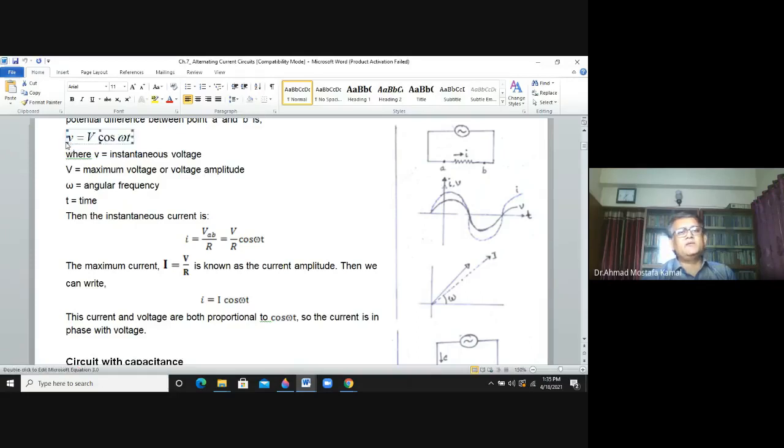That means in the left hand side we are writing an expression for voltage. This is called voltage at any time. এইটাকে বলা instantaneous voltage, মানে at any instant, যে কোনো একটা সময়, যে কোনো একটা মোমেন্টে যে ভোল্টেজটা পাওয়া যাবে সেটাকে instantaneous voltage বলা হয়। আর ক্যাপিটাল ভি ইজ দ্য ম্যাক্সিমাম ভোল্টেজ, আর লেফট সাইডে যেটা আছে তার ম্যাক্সিমাম হলো ক্যাপিটাল ভি। সো ম্যাক্সিমাম ভোল্টেজ আর ইট ইজ কল্ড ভোল্টেজ অ্যামপ্লিটিউড। অ্যামপ্লিটিউডই বলা হয়, কিন্তু এটা যেহেতু ভোল্টেজ, সো ভোল্টেজ অ্যামপ্লিটিউড। ওমেগা ইজ অ্যাঙ্গুলার ফ্রিকোয়েন্সি, টি ইজ দ্য টাইম। এই হচ্ছে ভোল্টেজের এক্সপ্লানেশন।